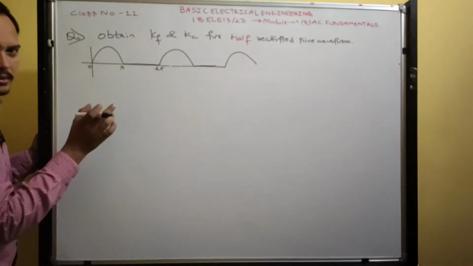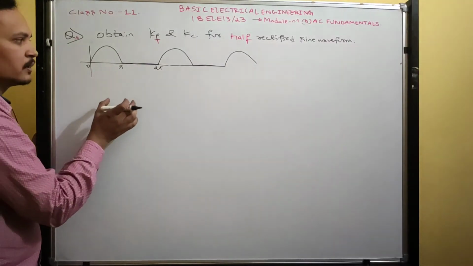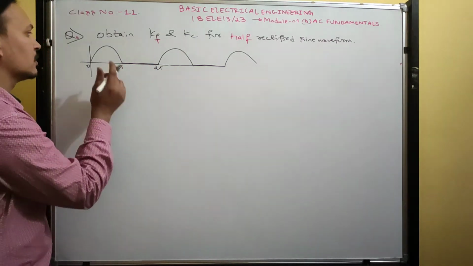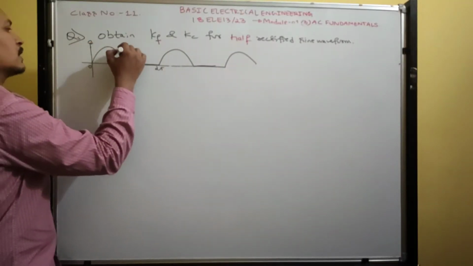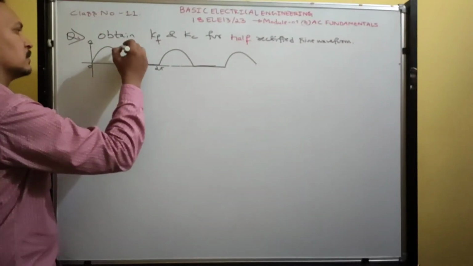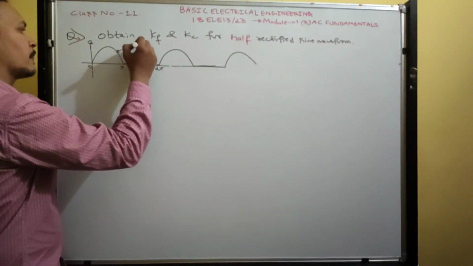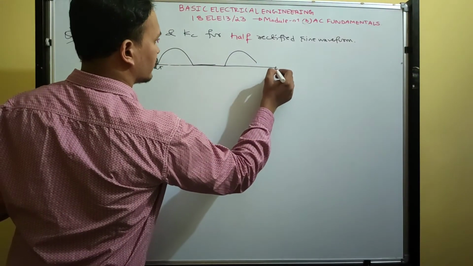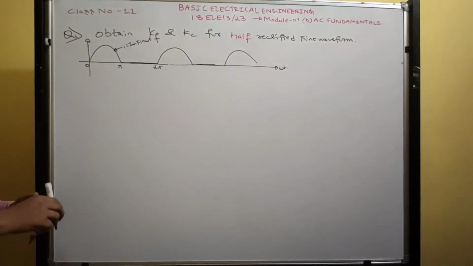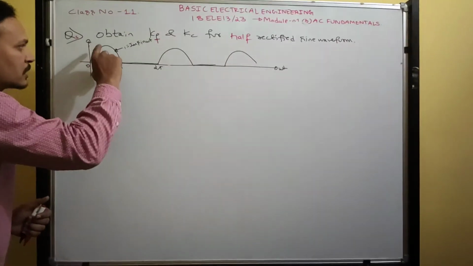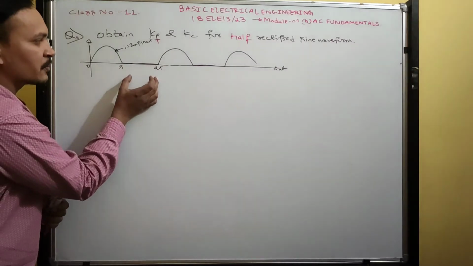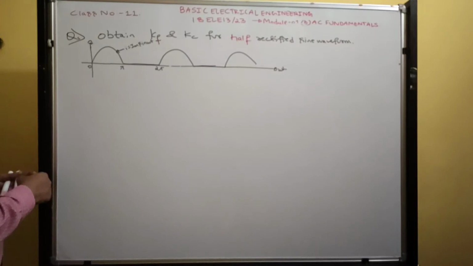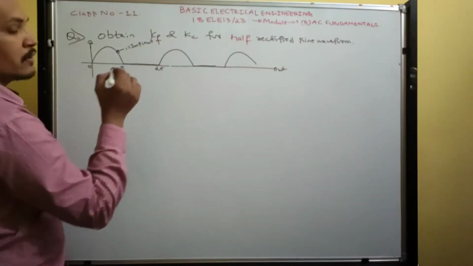From 0 to pi the diode conducts, so you will get a half cycle. During the negative cycle the diode does not conduct, so you will get 0 voltage. You can take this quantity as either voltage or current. So i is equal to Im sin omega t. Now assume we have a waveform like this. This is the half rectified sinusoidal waveform. What does this part represent? Sine waveform. What about the other part? The diode does not conduct, so you won't get output.